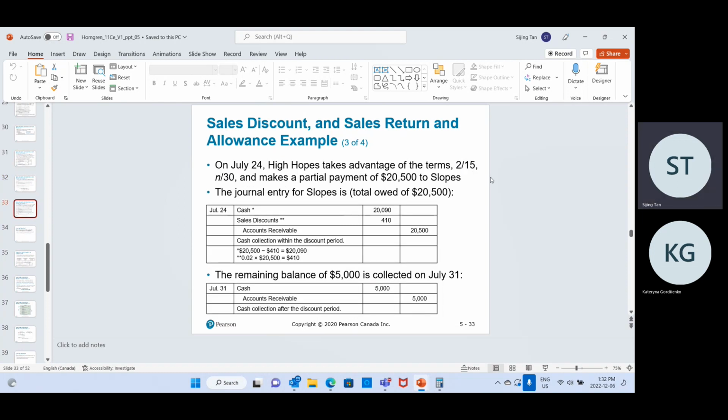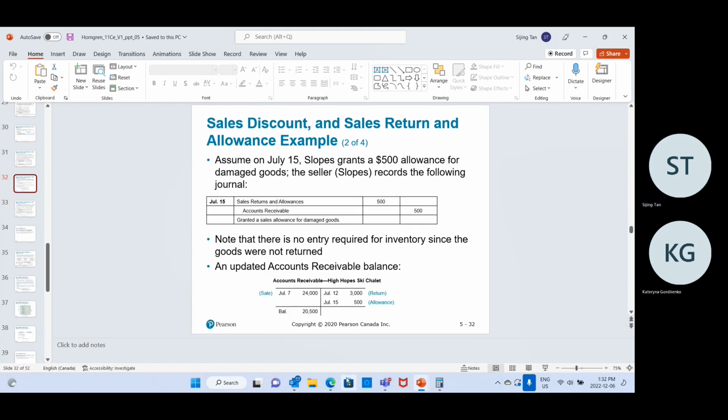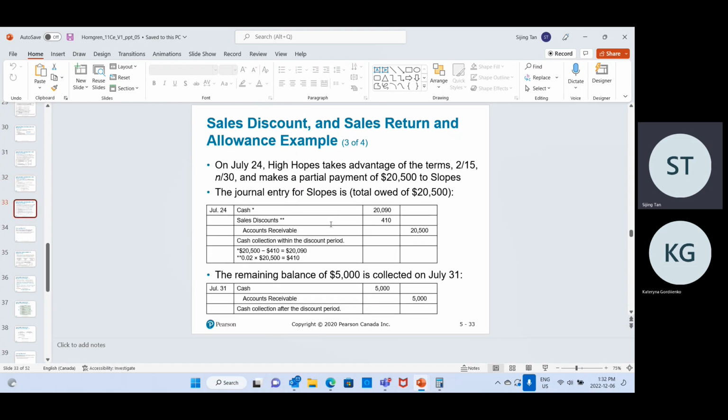July 24th, keep going. High Hope takes advantage of the terms 2/15, n/30. Remember that the balance is $20,500, right? So we have our total accounts receivable of $20,500, but then there is a 2% discount. We use the $20,500 times 2%, which makes the total discount $410. Then as the Snopes company, the total cash we received from our customer High Hope is